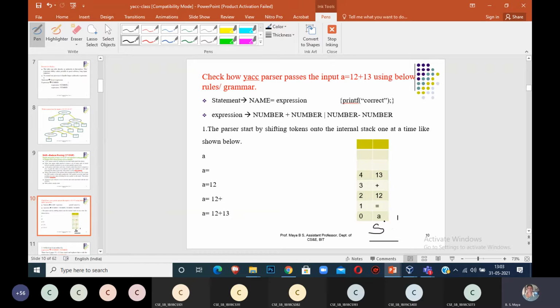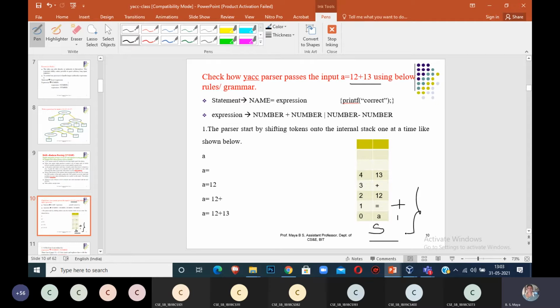Instead, suppose S is also there, and for example you have one more plus. The stack contains S and plus. Input is over. The stack content has S and also plus. Can I say the input is acceptable? The stack contains two symbols, one is S, the second one is plus. You can't say the input is acceptable.